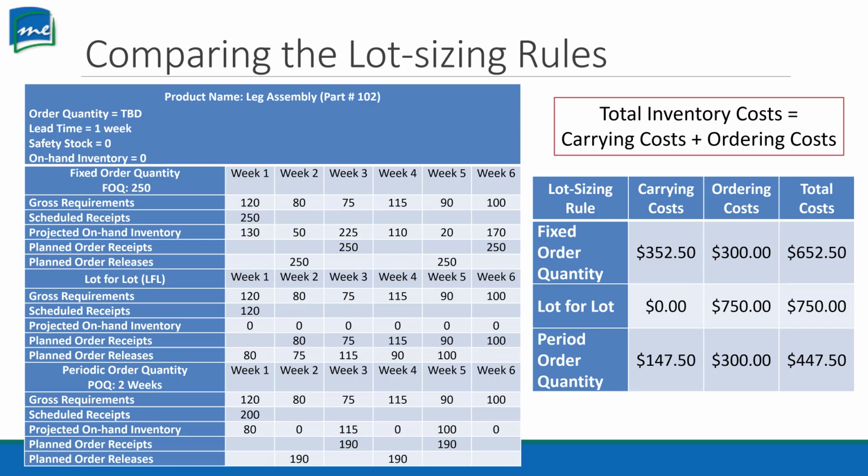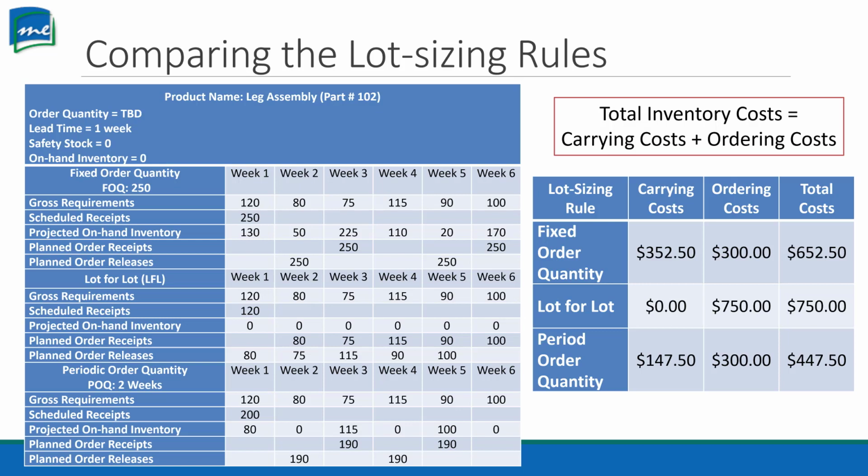Well, when we break down the numbers, now we have carrying costs, which are the cost of holding it in our warehouse. We're carrying that material. It's not being used, so it's just collecting dust. Some stuff can be very expensive dust collectors. But we also have to look at our ordering cost. This is how much we're spending on each order. And then we have our total costs. So looking at our chart here,